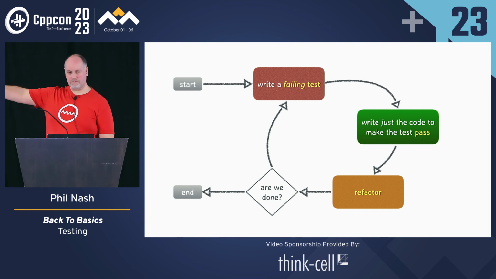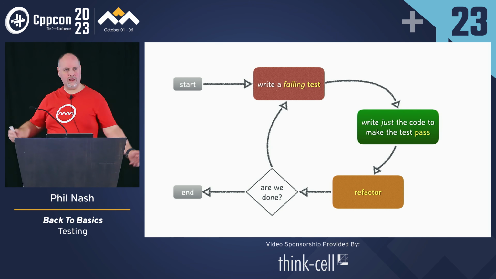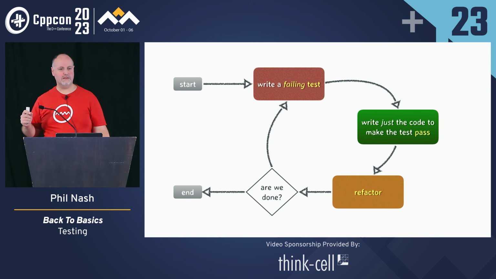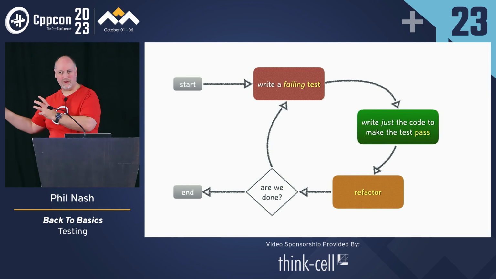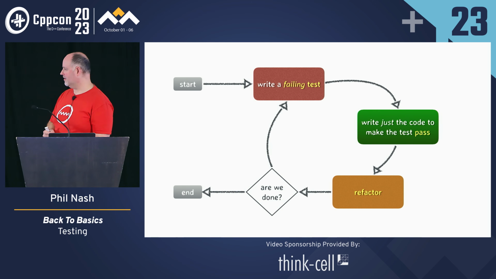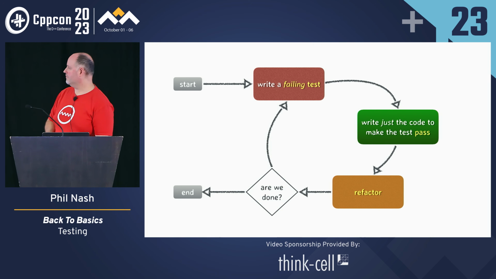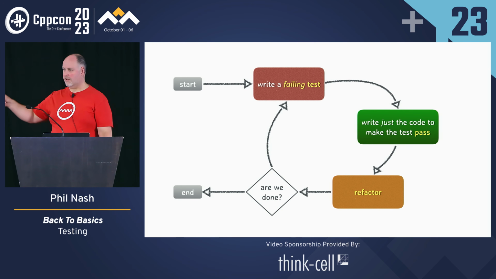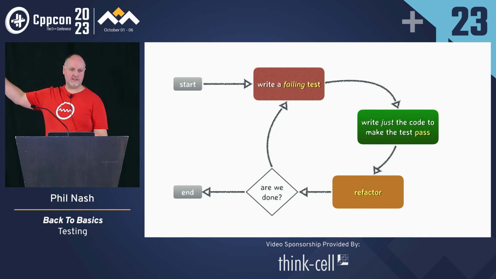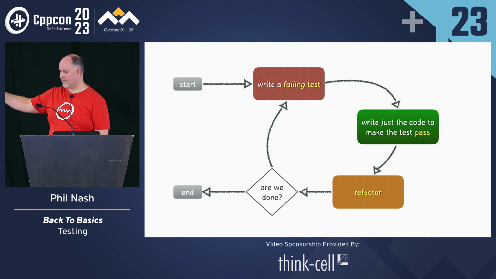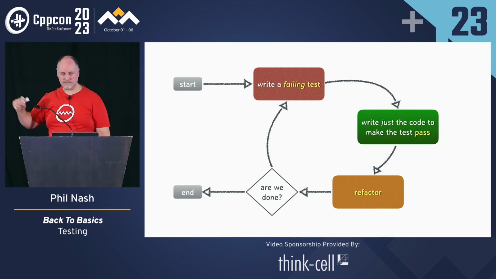And we have this extra step where we can check: are we done? Do we have another test to write? Seems obvious, but when you're there at the code face, sometimes you can get carried away and write stuff you didn't need to. It happens. So it's nice to have a separate step for that. That's the TDD cycle. And at the green step, if it's hard to make your test pass, or it's hard to write the test in the first place, remember that's the test telling you something. That will lead to a better design, and the refactor step is where that magic happens.